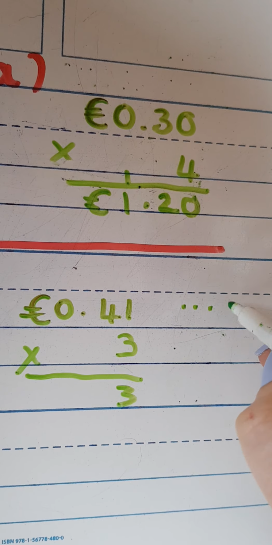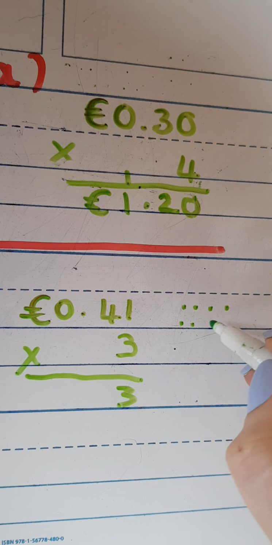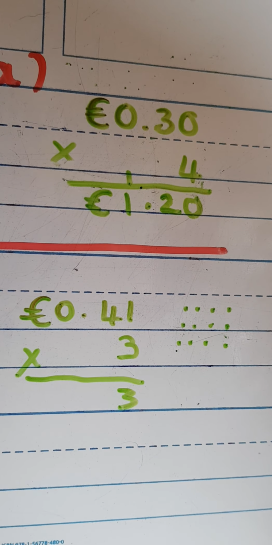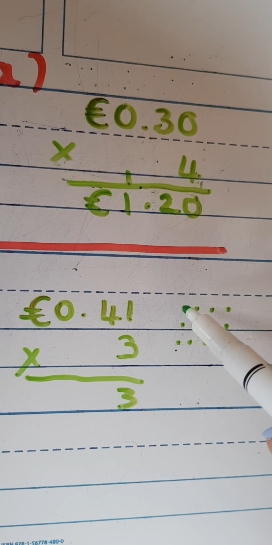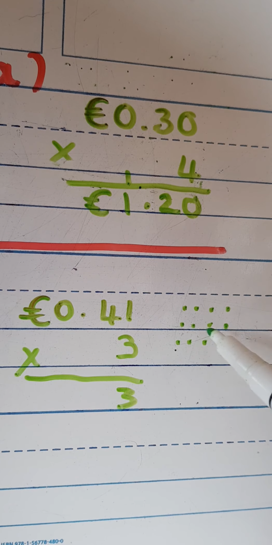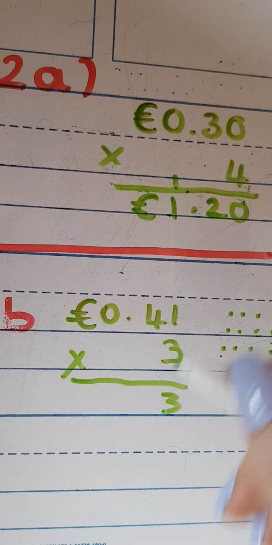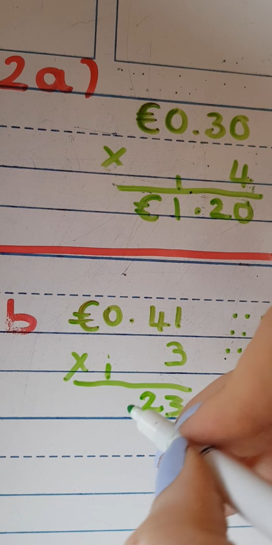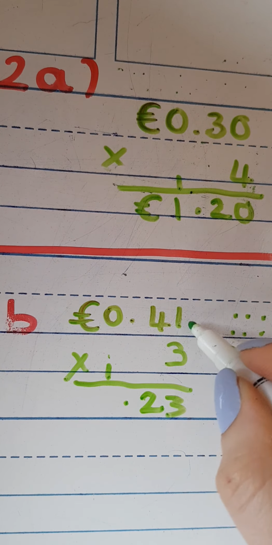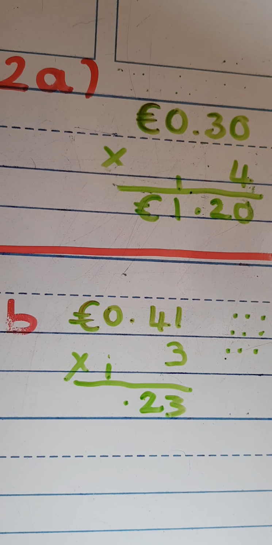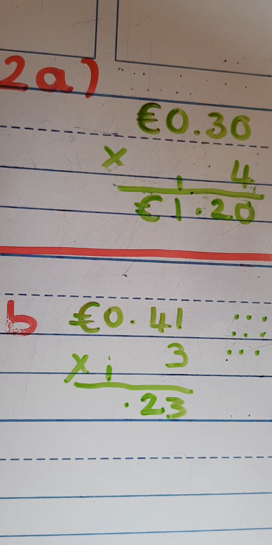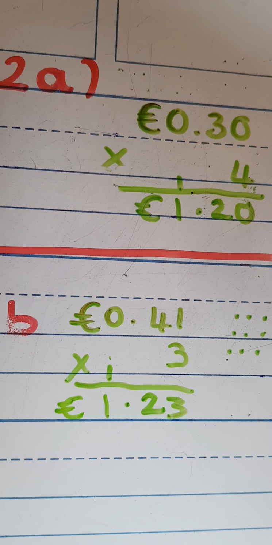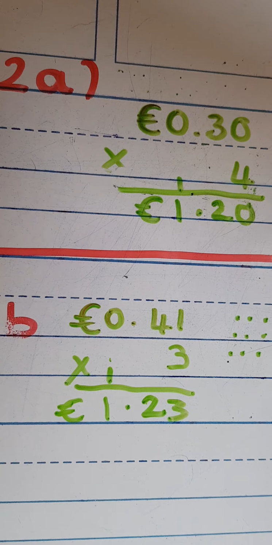So there's 1 group of 4. There's 2 groups of 4. And there's 3 groups of 4. And then I'm going to count up my dots. 1, 2, 3, 4, 5, 6, 7, 8, 9, 10, 11, 12. So I've got 12. Put down my 2 and carry my 1. I'm keeping my decimal point the same. See, it's 2 numbers, 2 numbers. Keep it in the same place. And then 3 multiplied by 0 is 0 plus 1 tells me that it would cost me 1.23 for 3